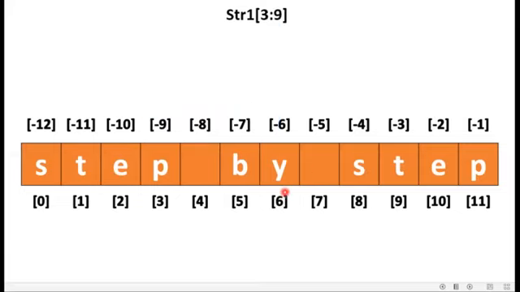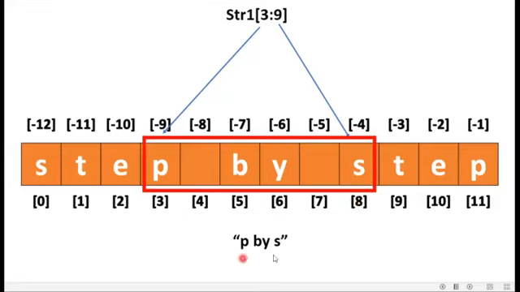Similarly, another example, if we talk about str1[3:9], then the starting index value will be 3, ending index value will be 8, because 9 minus 1 is 8, and the value will be printed in this way. So my substring is printed as this.